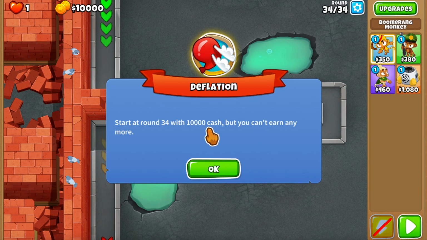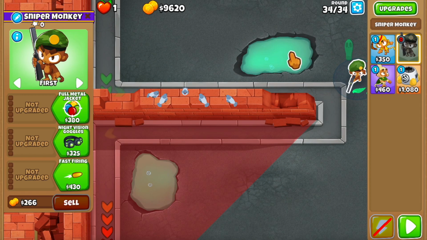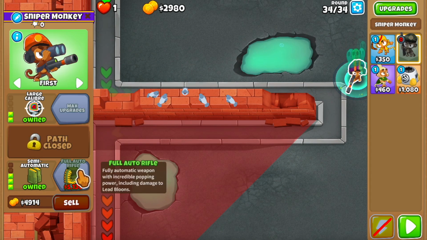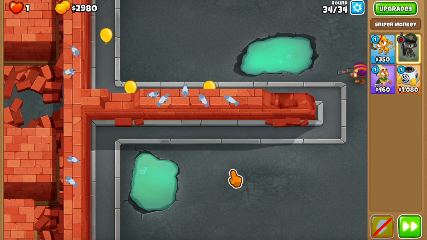Island number 3 with $10,000. So the plan for this one was a 204 sniper. It's round 34. We have yellows and zebras. So let's do... Oh, wait. I messed up. Wait, why did I think that 10k was going to be enough? Well, if you were playing on easy mode, it might have been enough, but it's hard, so...